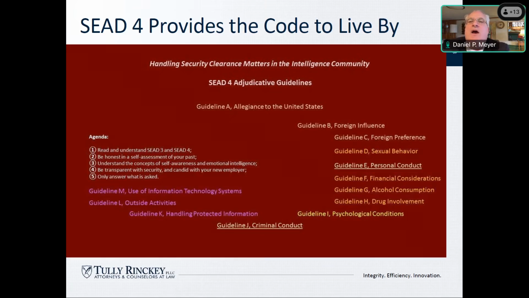Starts out with the allegiance to the United States, one that was not often adjudicated, Guideline A. There were a ton of adjudications on this, not too many statements of reasons issued. Then you get into Guideline B and C, which are about foreign contacts. That's a little category of its own that those two deal with. Then you get into the personal behavior guidelines, and those are basically guidelines D through I. And then you get into criminal conduct, which is kind of a joker in the deck. It's tagged on with other guidelines when you're reviewed as a security concern.